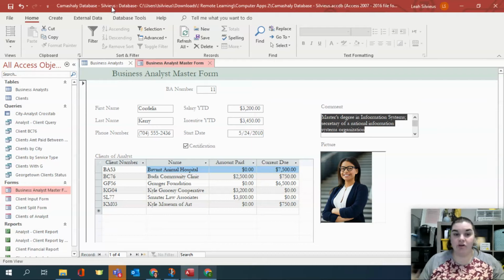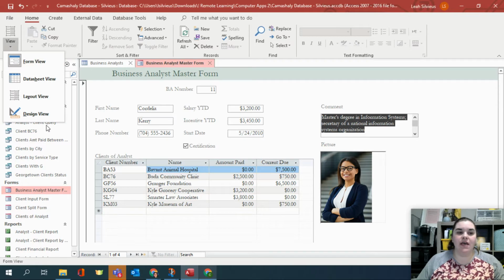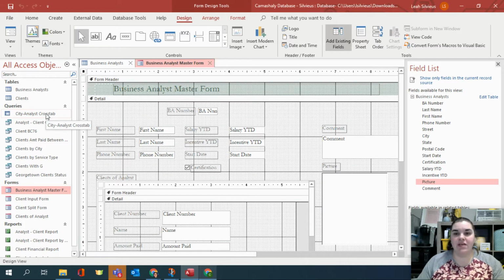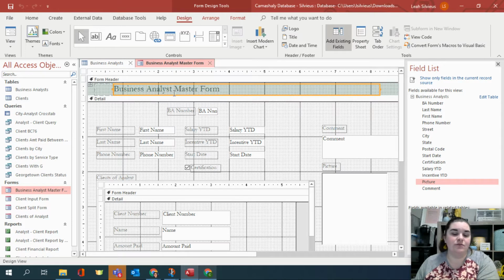All right, so now that we have all the information that we want on this form, now let's talk about formatting it. So inside of Design View, what I want to show you is how you can actually change what each of these look like in more of a detailed view. You can always go in here and select things like Business Analyst Master Form at the top of the header